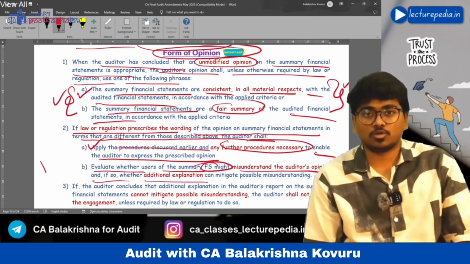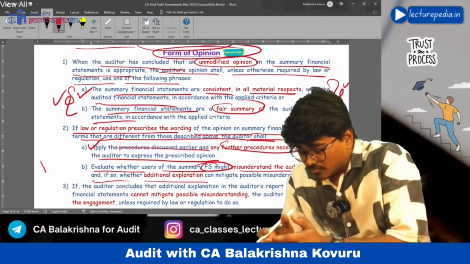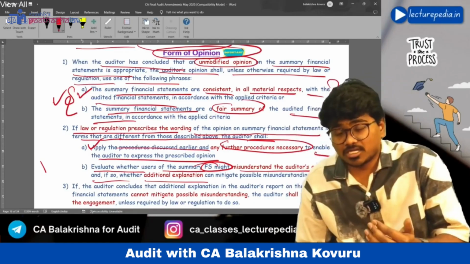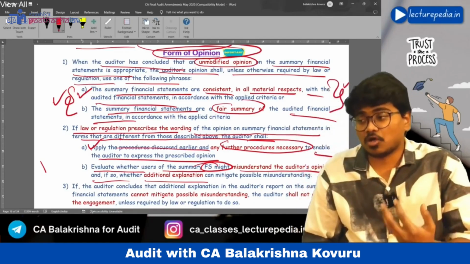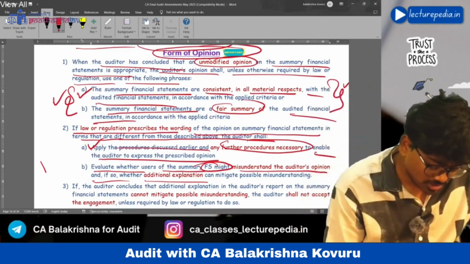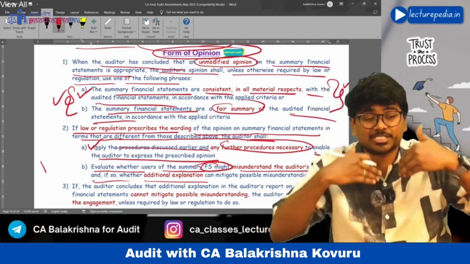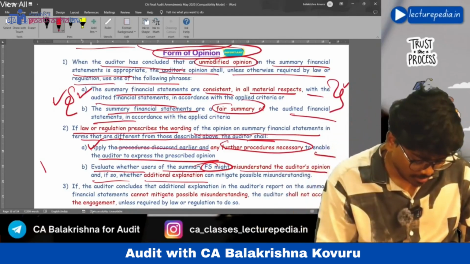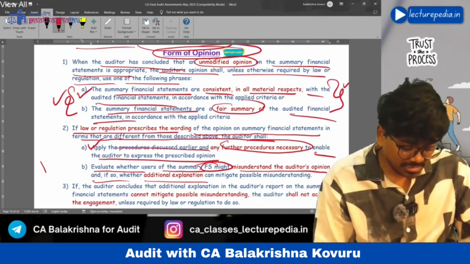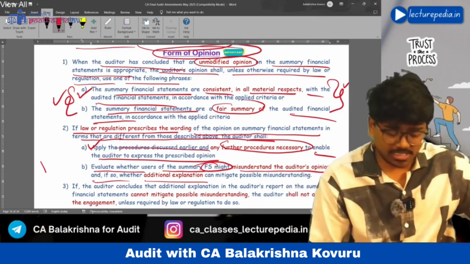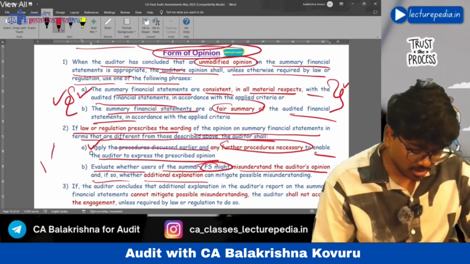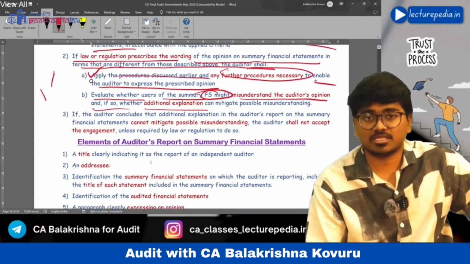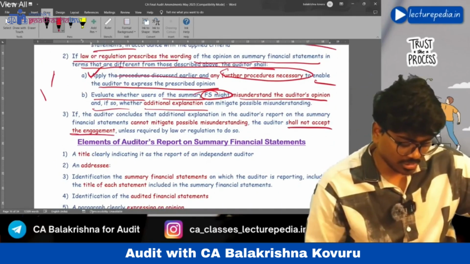If the auditor feels that users might misunderstand the opinion, he has to determine whether additional explanation can mitigate the misunderstanding. If additional explanation also doesn't mitigate the misunderstanding of the users, in such a situation he shall not accept the engagement in the first place.